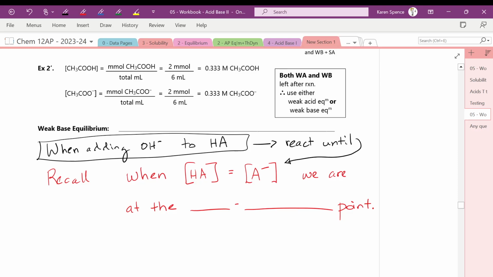Chat with your neighbor about this. Elliot, I know you want to answer, but I need people to think. If you add OH minus to HA and you allow it to react until HA is equal to A minus,